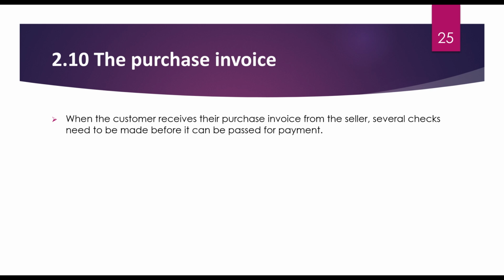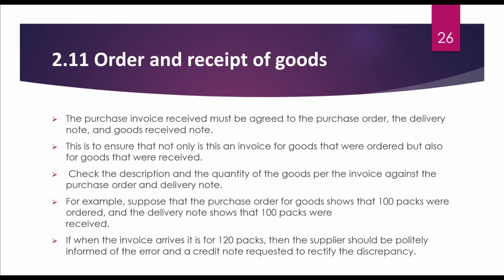The purchase invoice. When the customer receives their purchase invoice from the seller, several checks need to be made before it can be passed for payment. Order and receipt of goods. The purchase invoice received must be agreed to the purchase order, the delivery note, and goods received note. This is to ensure that not only is this an invoice for goods that were ordered, but also for goods that were received. Check the description and the quantity of the goods per the invoice against the purchase order and